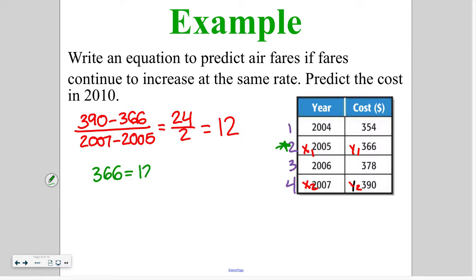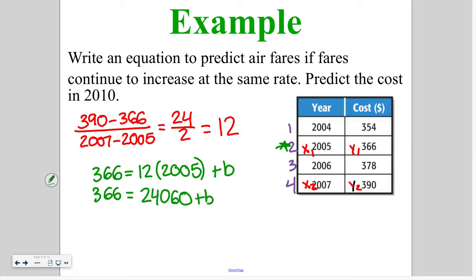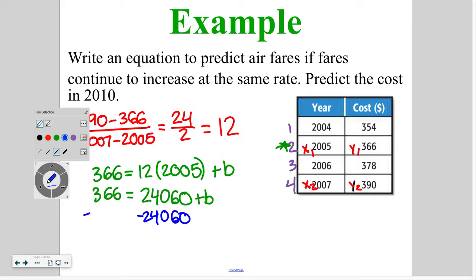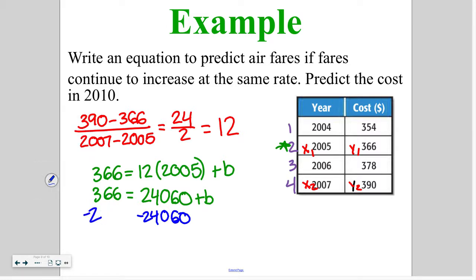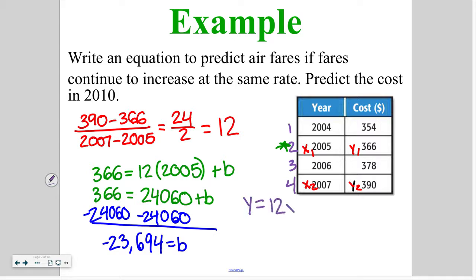So I've got 366 is equal to 12 times 2005 plus b. When I do that multiplication, I get 366 is equal to 24,060 plus b. When I subtract 24,060, I end up with a b value of negative 23,694. So our final equation ends up being y is equal to 12x minus